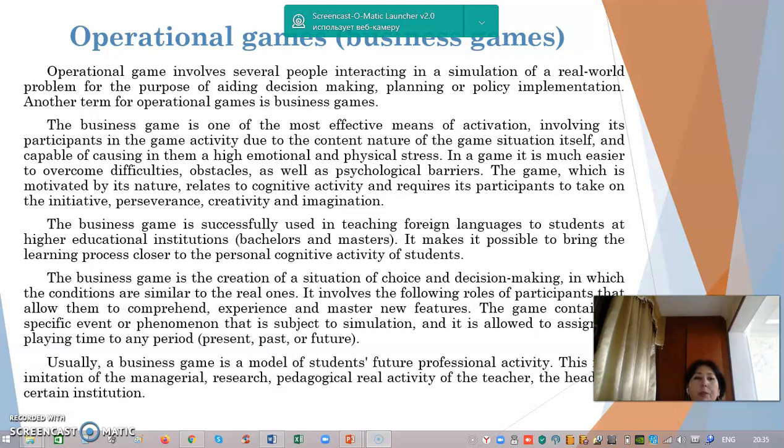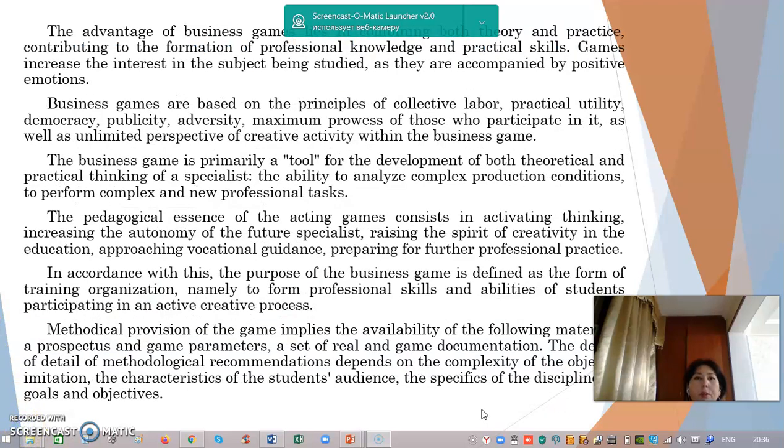The game contains a specific event or phenomenon that is subject to simulation, and it's possible to assign the playing time to any period, for example, present, past, or future. Usually, a business game is a model of students' future professional activity. This is an imitation of the managerial, research, pedagogical, real activity of the teacher or the head of a certain institution. The advantage of a business game lies in the continuum of both theory and practice, contributing to the formation of practical knowledge